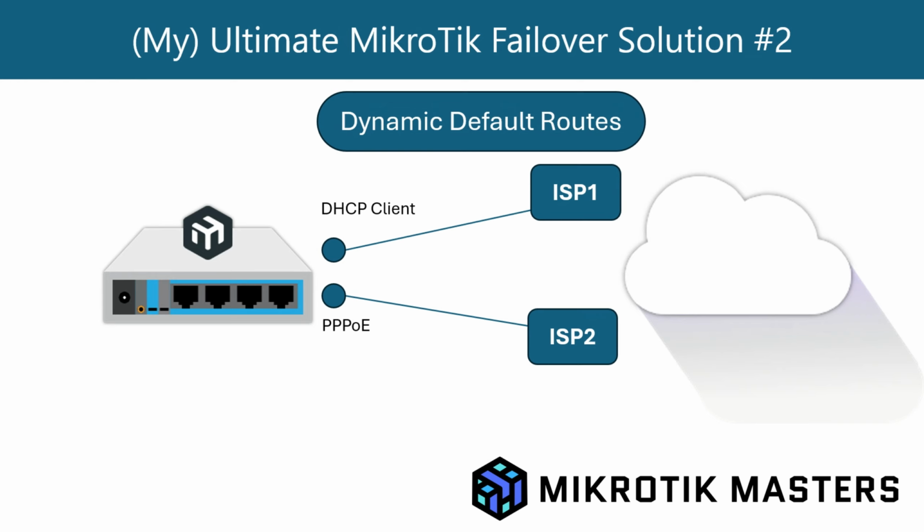So just a brief overview of the topology. Very simple. We've got two internet connections from ISP 1 and 2. One is delivered, this time, via a DHCP client on interface 1, and on interface 2 we've still got that PPPoE connection. But the difference with this one is we've got the dynamic default routes on the interfaces. So let's go ahead and